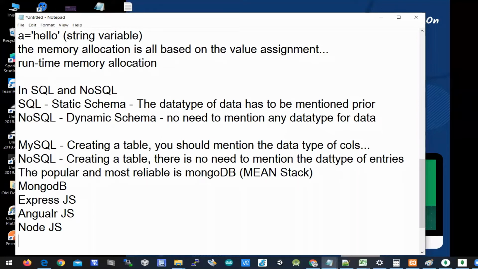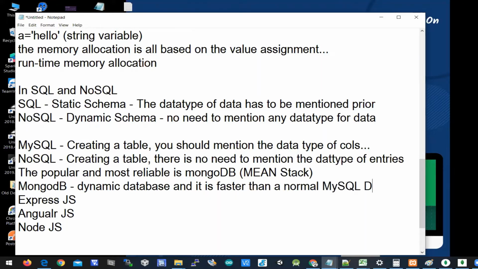By using this framework, people are designing a lot of mobile applications and web applications. MongoDB is a widely used, popular, reliable database, wherein you can use any programming language to communicate with MongoDB, because MongoDB is a dynamic database, and it is faster than a normal MySQL database server.